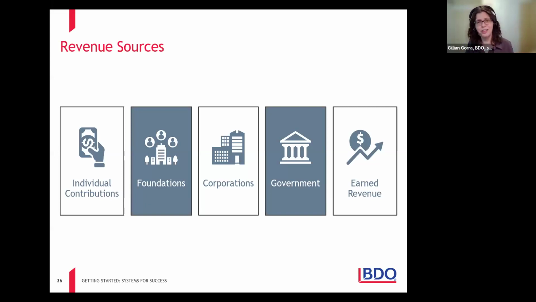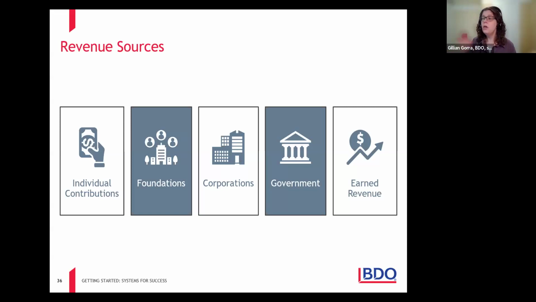I also want to acknowledge that that's hard. I think a lot of times when organizations are new or on the smaller side, that's really a way that they are working. What's the revenue I have? Therefore, what's the activity? But I would just challenge you to see if you can start with your goals first